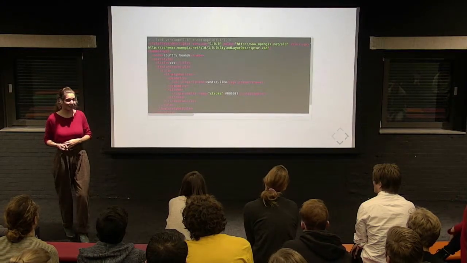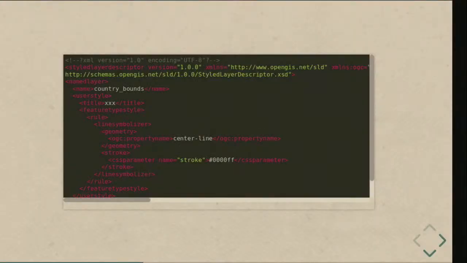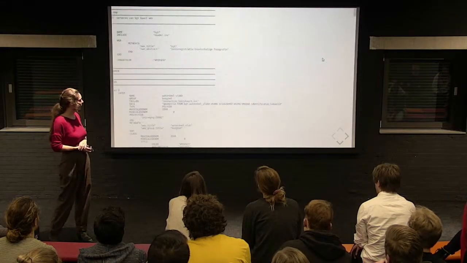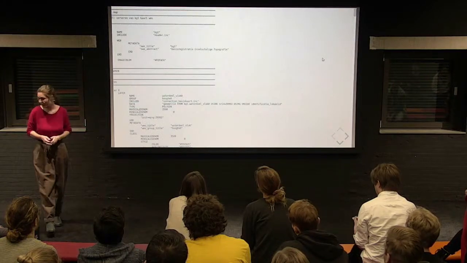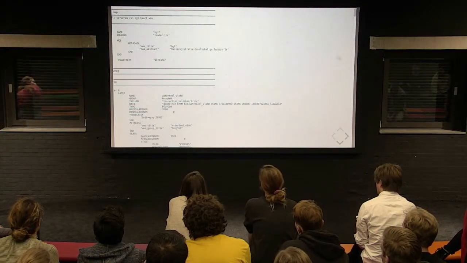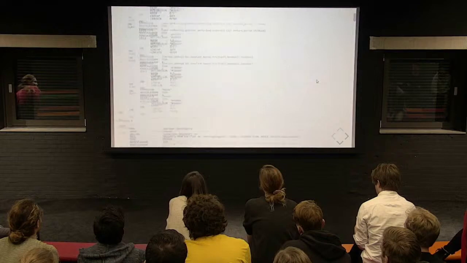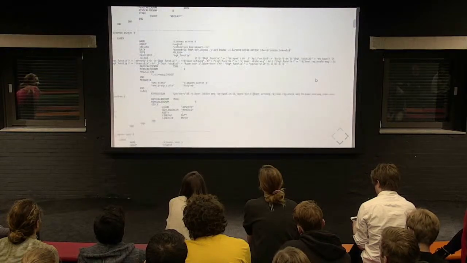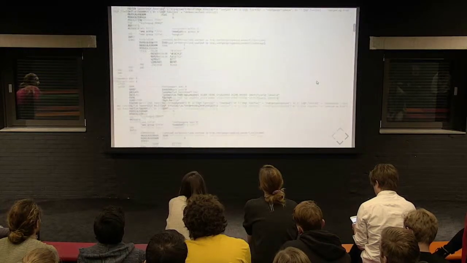To give you a little bit of an idea, SLD is one of these geo-spatial domain standards that is not really web developer friendly. It's based on XML and is a really elaborate language, you have to write a lot of stuff just to assign a color to a line. And this is, for example, one of the map files that I wrote. And it just is a lot of rules per scale, per data set, per layer, on what the style is going to be.